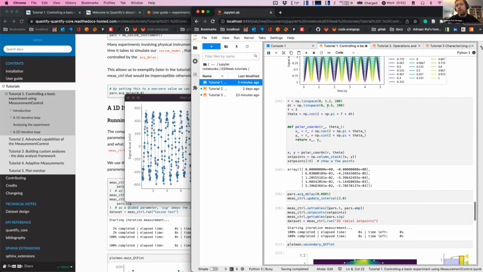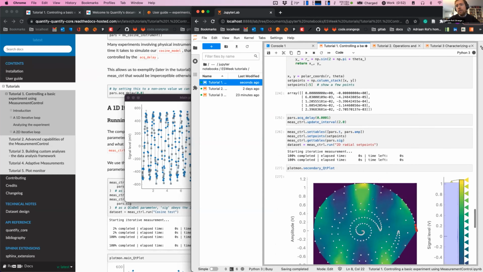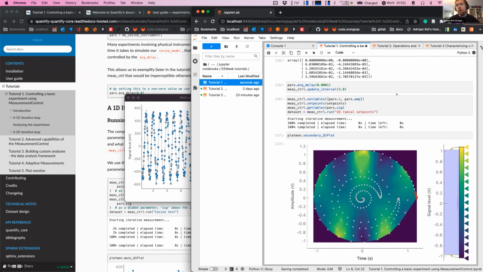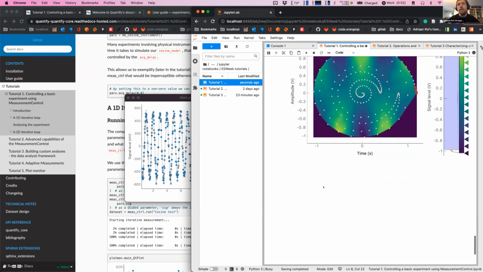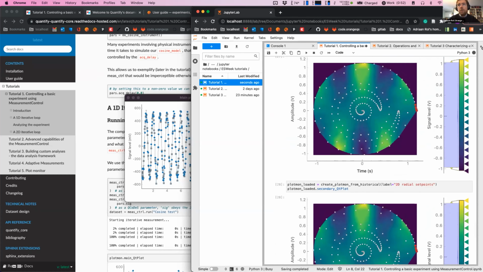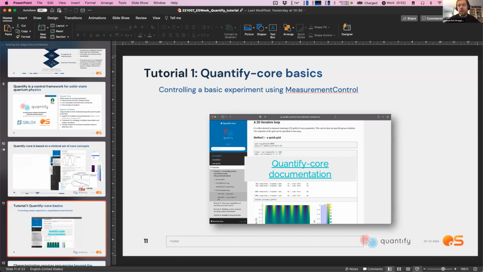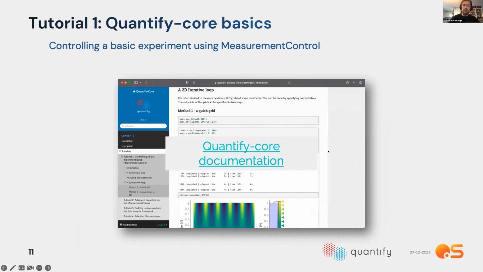I will not go over all of these in detail because we are limited. Here we can say how you do data that's not on a grid. You can also do more than 2 parameters, all that stuff. It's supported by default, and these are also concepts we've been using for a very long time in the academic world. We just re-implement and build everything from scratch. So going back to the presentation. First of all, are there any questions so far? If there are none, then I will move on.